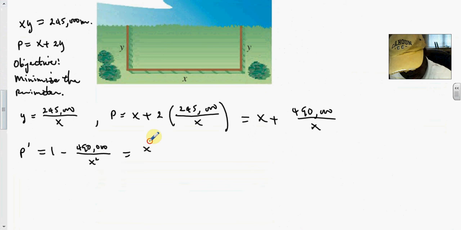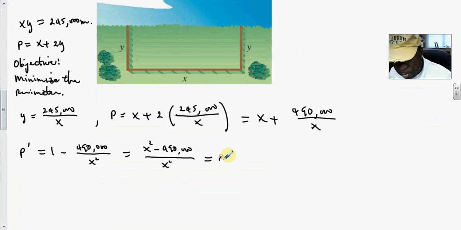So this is x squared minus 490,000 over x squared. Set that equal to 0,